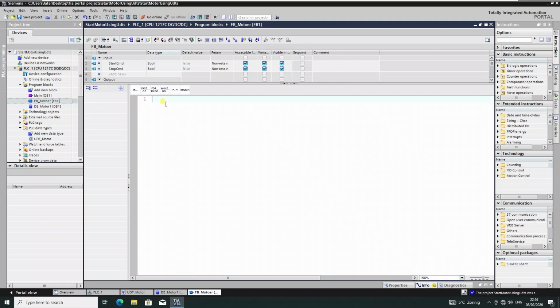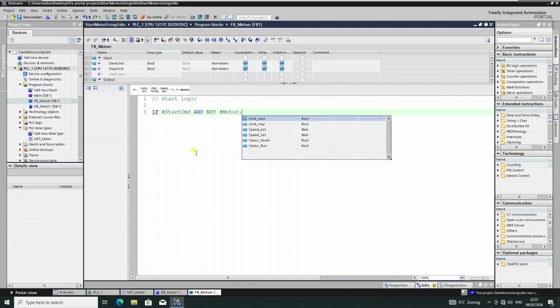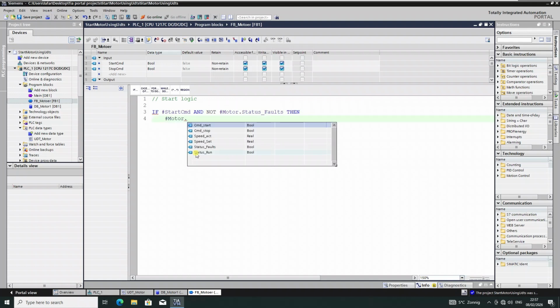All right, so now we are going to write our interface code. Start logic: if start CMD and not motor.status fault, then motor dot